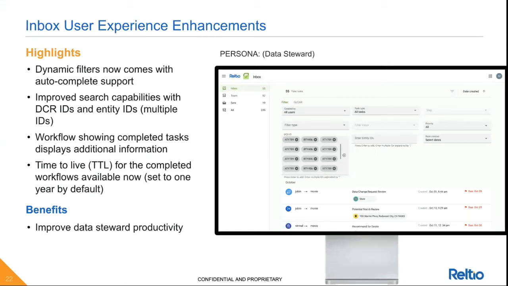With the 22.1 GA, we are also configuring time to live for completed tasks on inbox. As you know, when tasks are completed, they can live within Reltio for a very long time. Completed tasks are with us in really high volume, which affects the performance of the whole workflow engine and inbox itself. So the time to live for completed tasks will be set to 1 year, which essentially